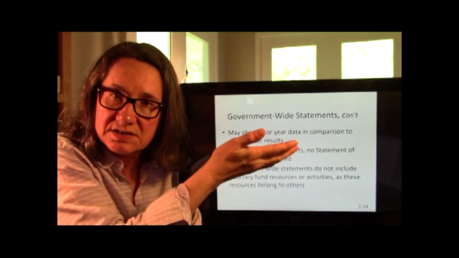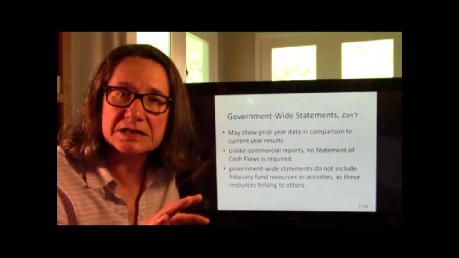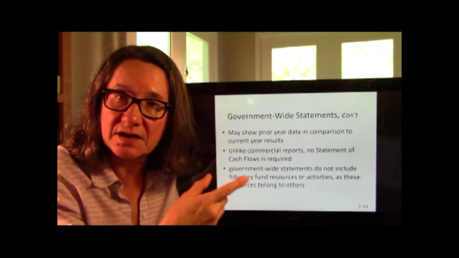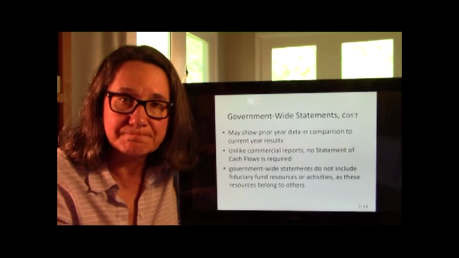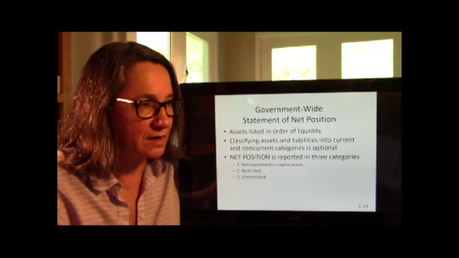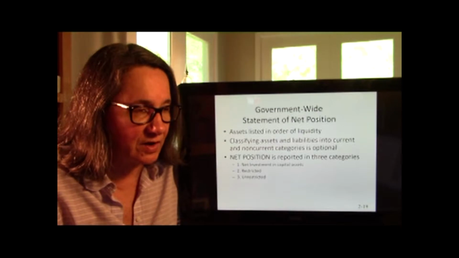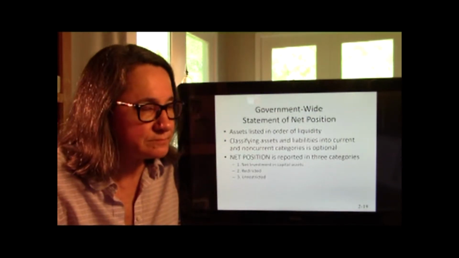So of course they don't consolidate that into the government-wide statement, because technically my retirement belongs to me, not the government. They just are holding it in trust for me. I'm trusting them to use it for me. All right, so let's look at this first one. If you're following along in your book, that would be great. There's an example from the city of Salem in there.